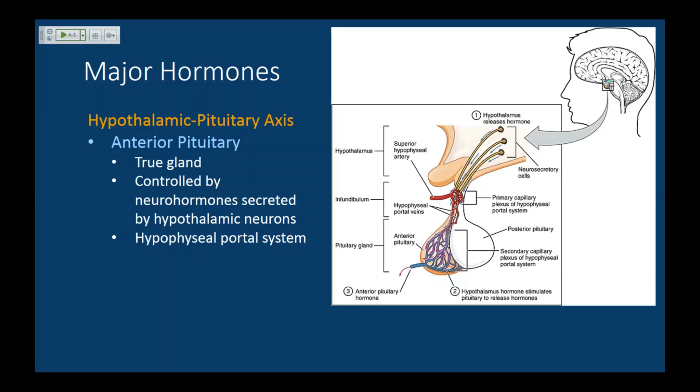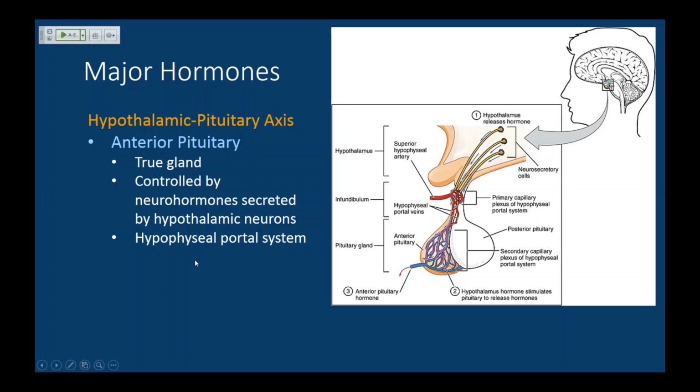Most capillary beds are in parallel. An artery branches out, branches out, branches out until it has all these capillary beds, and then they turn into venules and veins, and they come back together to form major veins. Those are in parallel. But when we have something in series, it's one after another. So we get an arterial capillary bed. That capillary bed comes back into a venule and a vein, but then that vein branches out into a second capillary bed. So that's two capillary beds in series. There are only a few examples, and one of them we're going to talk about right now. Another is the hepatic portal system, which we'll talk about later.